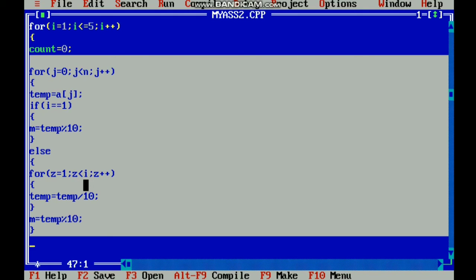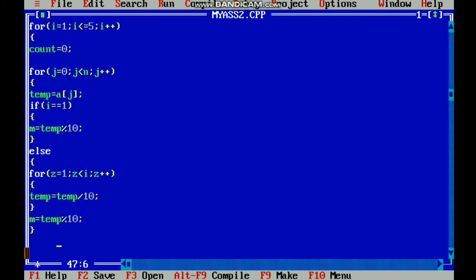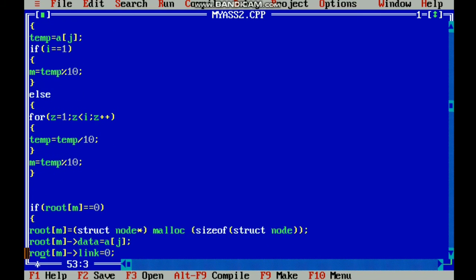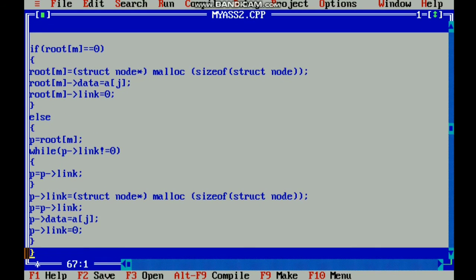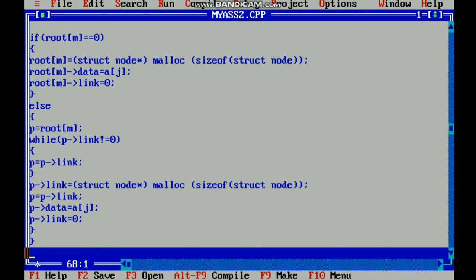With the help of m, we are going to put that integer into the root array by comparing the index of the root array with m, I mean the digit.